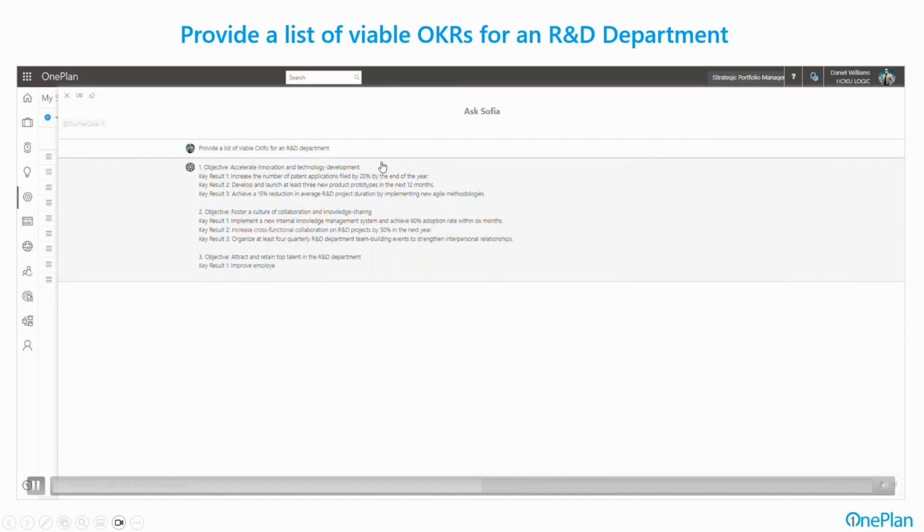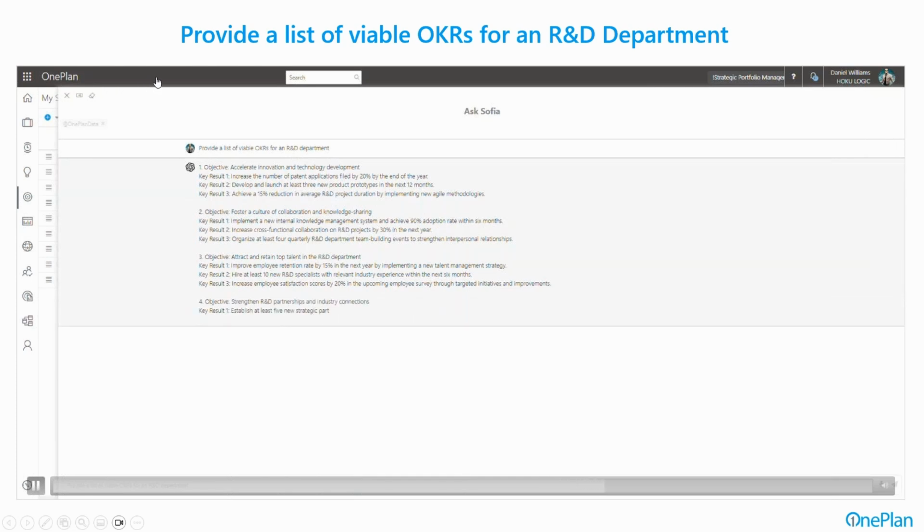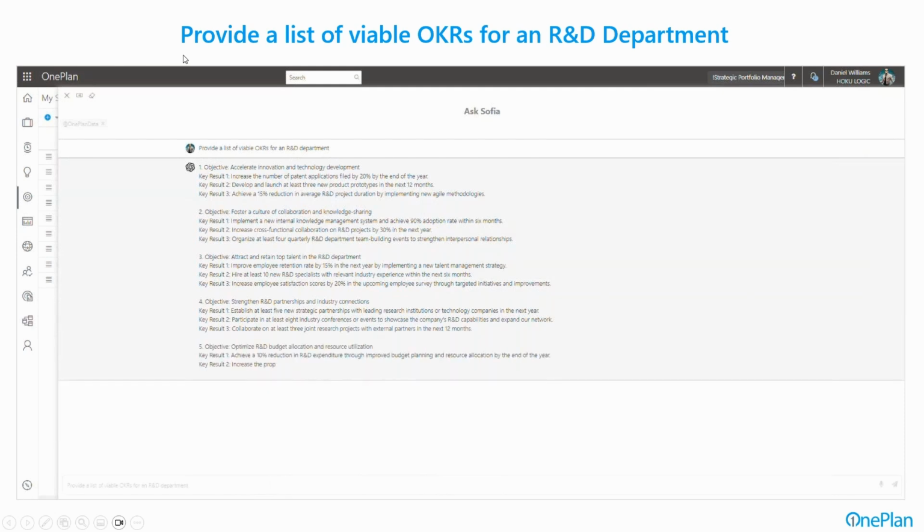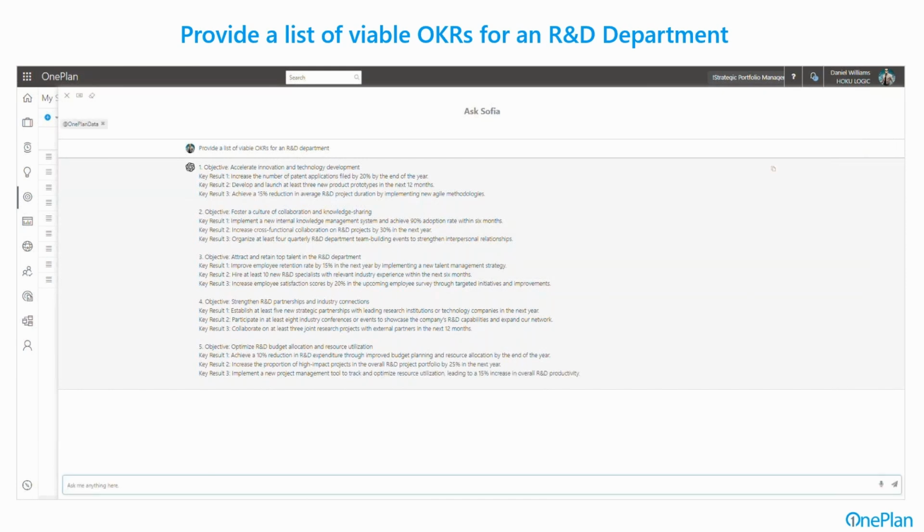Accelerate innovation and technology development. Objective, foster a culture of collaboration and knowledge sharing. Attract and retain top talent in the R&D department. Strengthen R&D partnerships and industry connections. Optimize R&D budget allocation and resource utilization, all of which have some tangible measures by which we can guide our